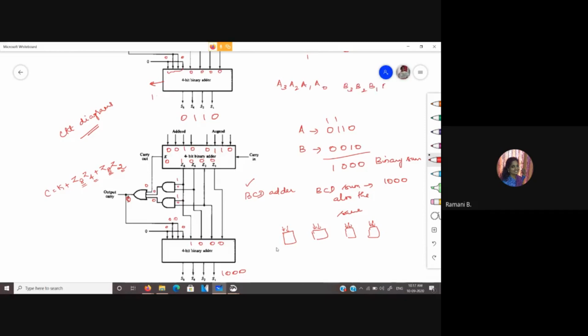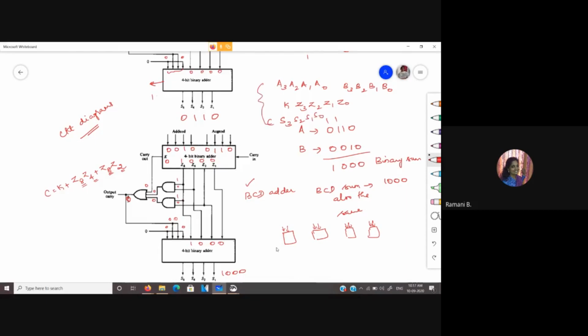That will be the numbers A and B. The corresponding sum, maybe to differentiate the final sum and intermediate sum, let us have the notation as K and Z's. So you will be given the notation K, Z3, Z2, Z1, Z0. And for the BCD sum, we can have it as C, S3, S2, S1, S0.